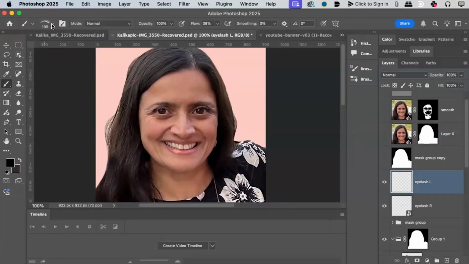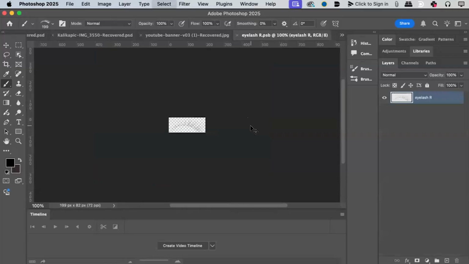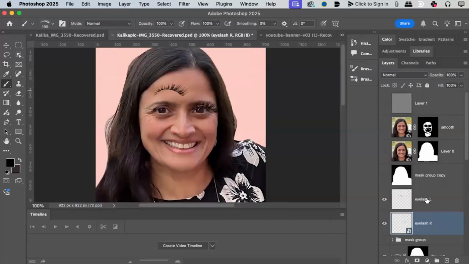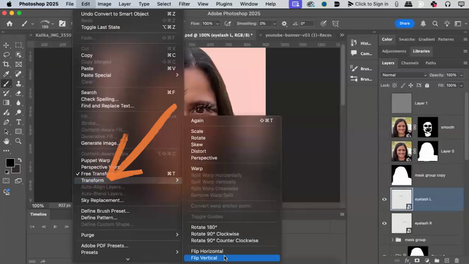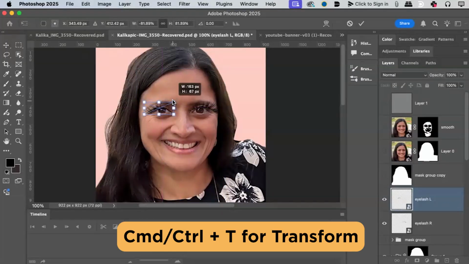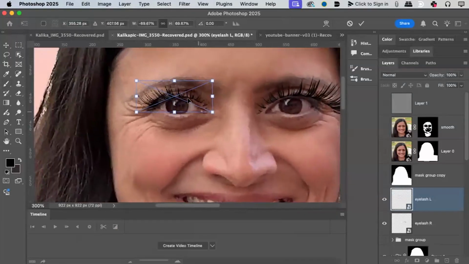Okay, and this one, clicking here, boom, now it's nice and dark. This guy is probably too light too. I'm just going to click again in here, save, close. And so I'm going to look ridiculous. I'm going to right click and convert it to a smart object, edit, transform, flip horizontal, move that down, Command T, change the size of it, zoom it in,